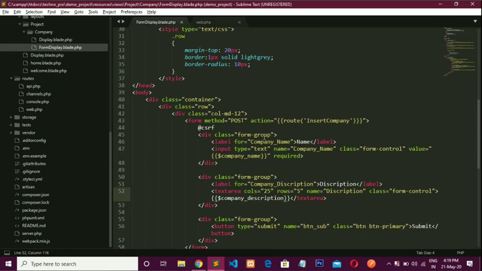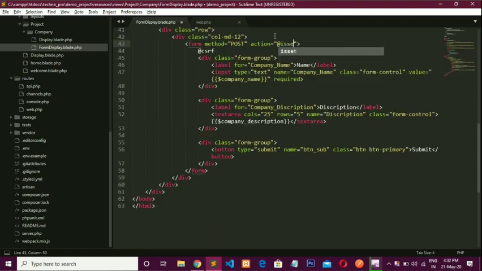Here you have to write some code again, because when you perform an update operation and when you perform an insert operation, the same form is used both times. Okay, so the action control is also one. So here you have to write some code to identify when the form calls the update method and when the form calls the insert method.